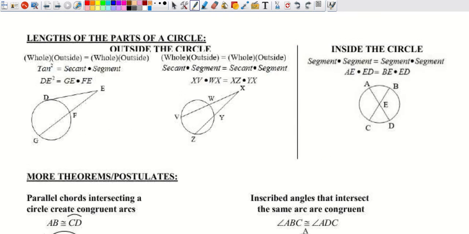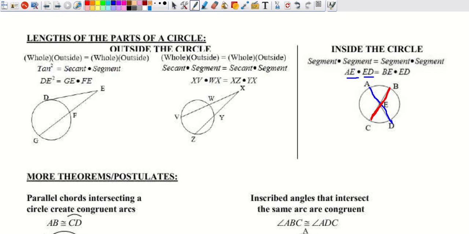Number 2 is what we're going to talk about right now, which is we have the 2 chords intersecting inside the circle. Okay, so when these chords intersect, they're actually made up of 2 parts. And actually, they're forming 2 different triangles. And these 2 triangles are going to be similar to one another. So what we're going to do is break them apart and do the parts of one chord. So we can see on the first chord, which is the blue one, we do AE times ED